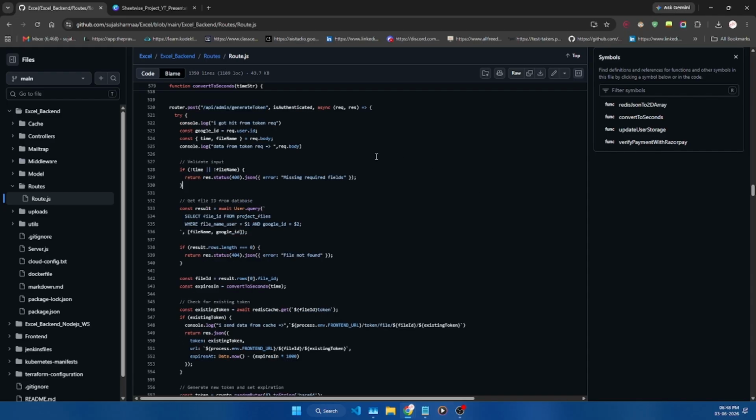So let's now move on to this route called API/admin/generate token. So the purpose of this route is to generate a token URL that expires at a set time. It returns the token to the front end, and it's the front end's job to keep track of when the file link expires.